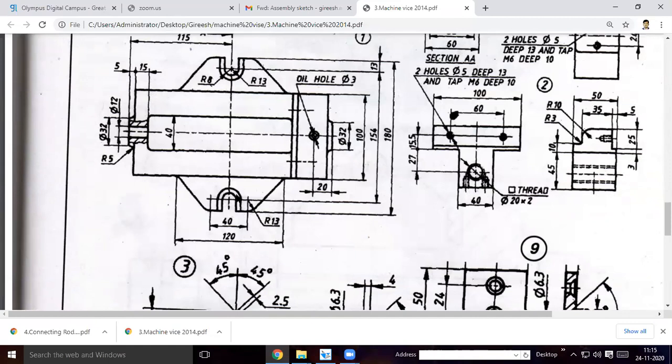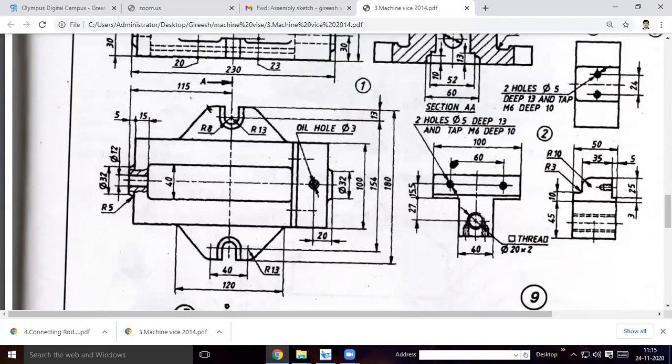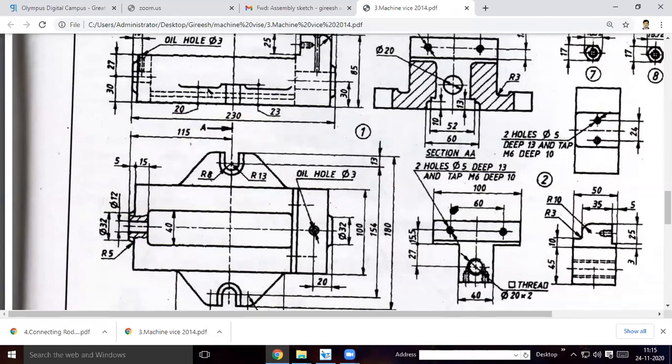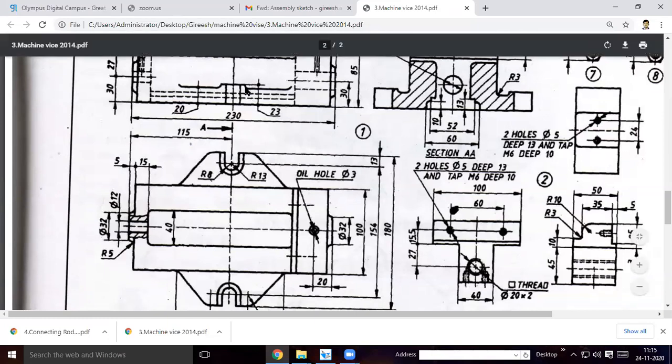Draw it up to this inner section, inner line. Forget about this inside U-shaped line. So just draw this profile. Okay, and then you can also mirror. Then you have to protrude up to 20 mm first. After protruding 20 mm, you have to protrude an extra 3 mm after.